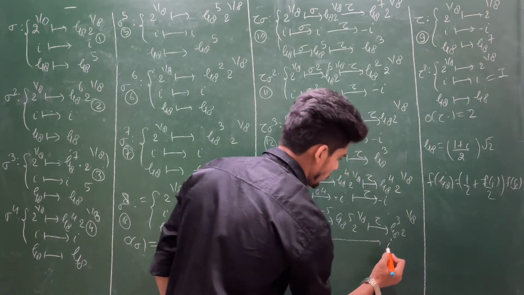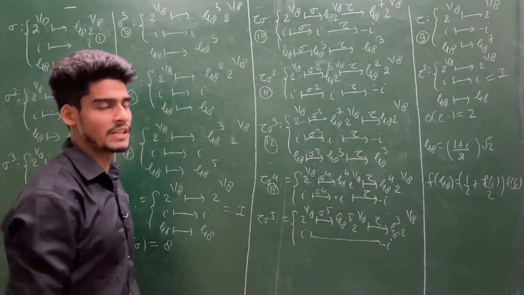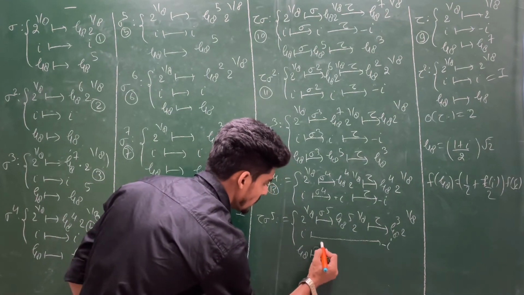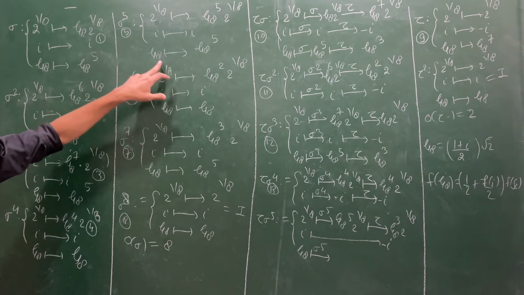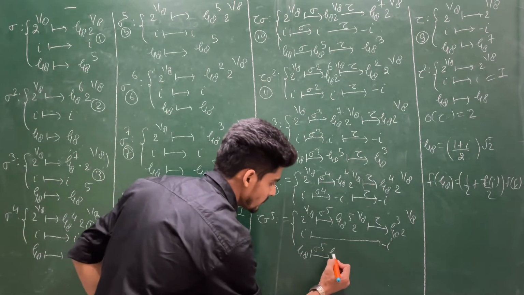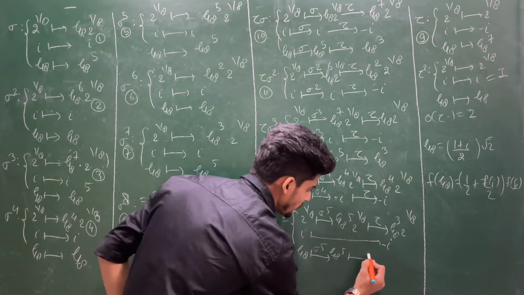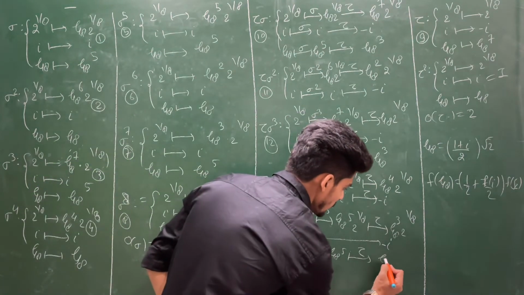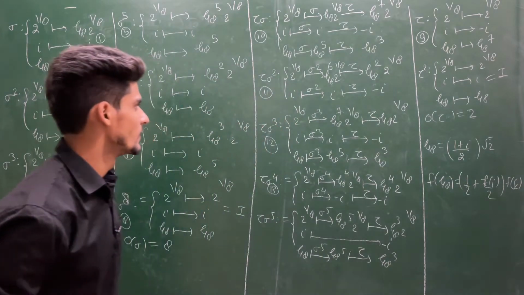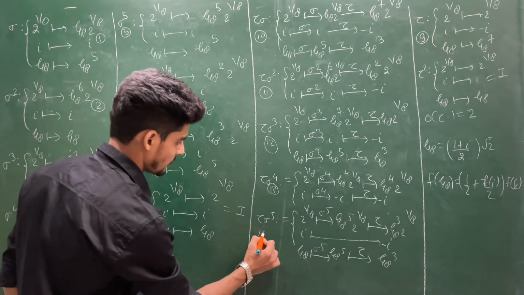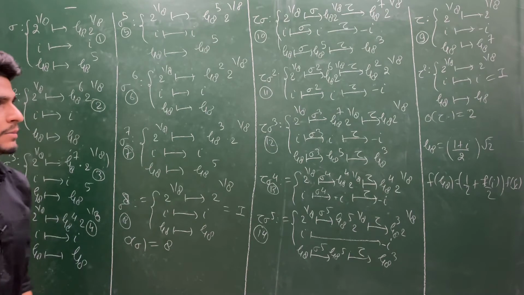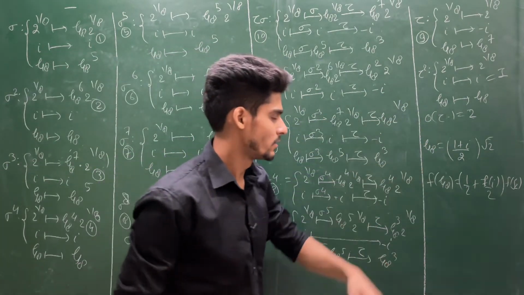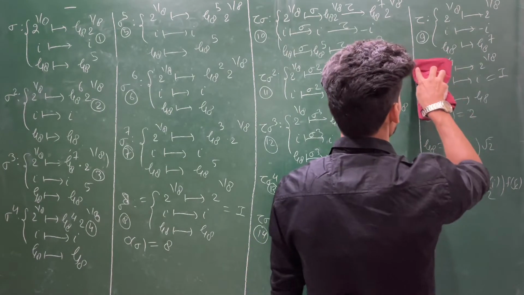Iota will go to minus iota, as we have seen, and our zeta_8 element will go under sigma^5. Sigma^5 is sending zeta_8 to zeta_8^5. So again, tau will send this element to zeta_8^35, that is zeta_8 cube. So this is my 14th element. Now I am left with two more elements. I am removing this tau square and this thing, because now you have understood how I am writing.